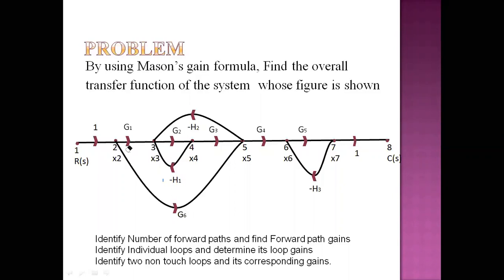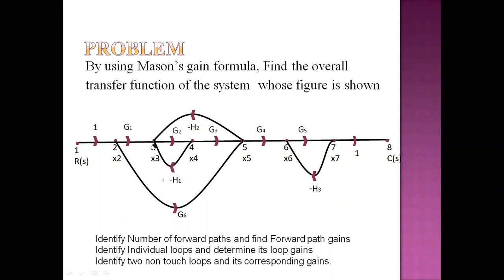If we take this example, starting from node 2, when we traverse the signal through 3, 4, 5, then through 6, is it possible? No, because the signal through G6 and the path from node 2 to 5 are in the same direction. These two form parallel paths. This will not form a loop.